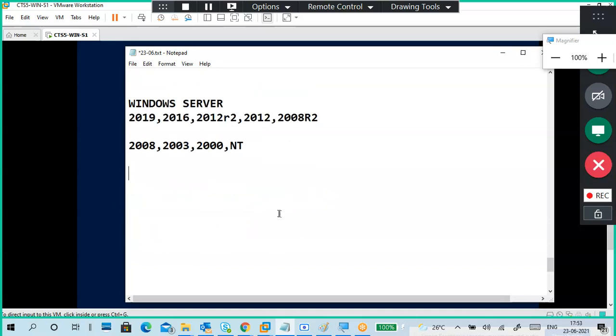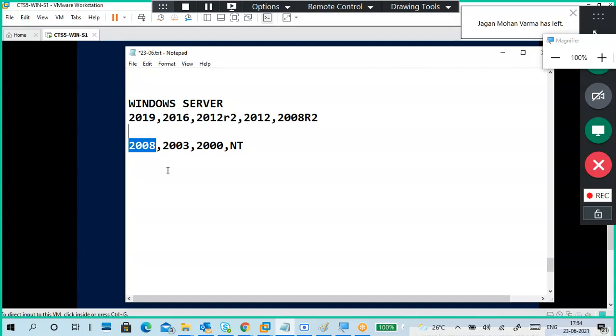There are a lot of differences. At any time, very few services. 2000 has basic services like Active Directory. 2000 is a very important one, and in 2003 you get things like Active Directory, DHCP, DNS, remote desktop services, routing and remote access services. These services were introduced and became more popular here. This is the introduction only. Very few options are there.